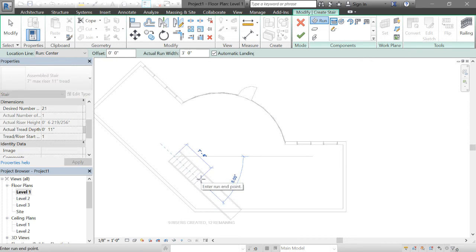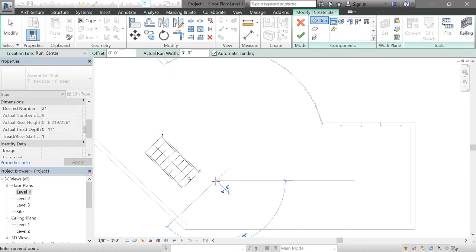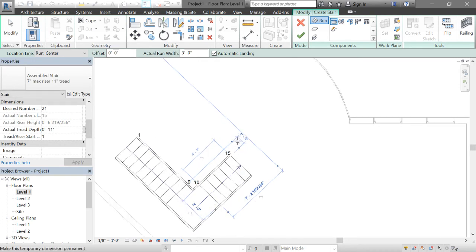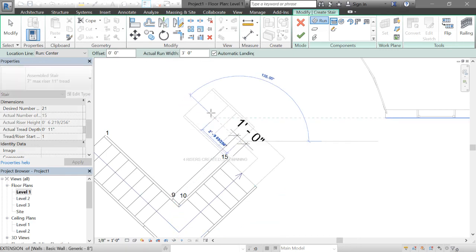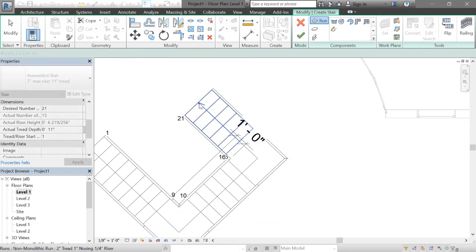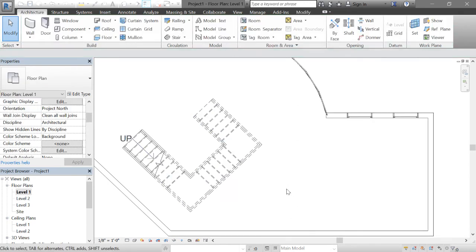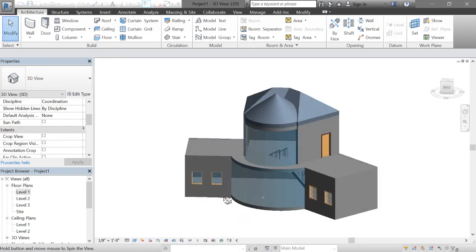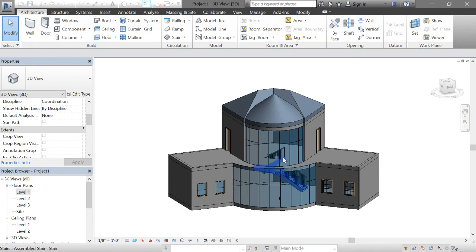So if I go partially up here, and then click again right here, go up a little more, click, and then one more time, if I click here, and go up to finish it. Green check mark, and then I should have a staircase. So if I go back to 3D, you can see I have a fully functional staircase, but I have a